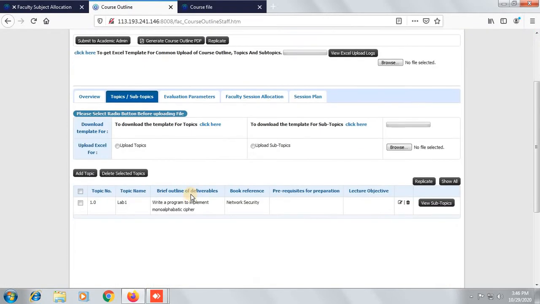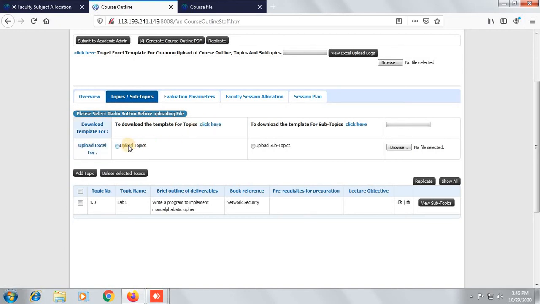Now here there are two options for uploading or filling the topic and subtopic in this particular course file. Either you can download the template, which will be downloaded in Excel format. You fill all the details in that Excel sheet and you can upload.